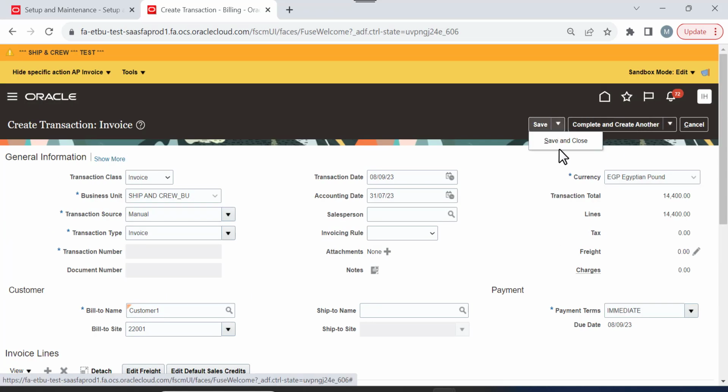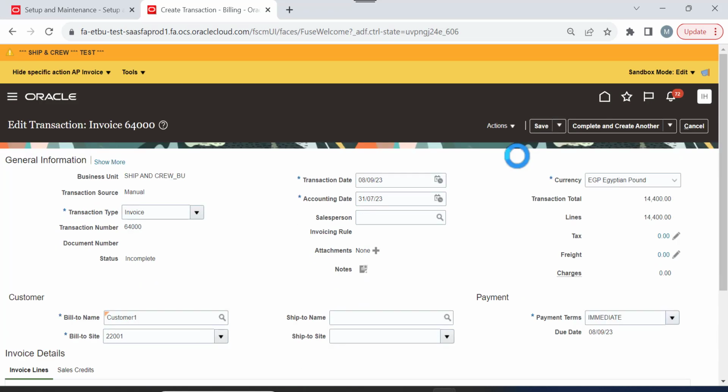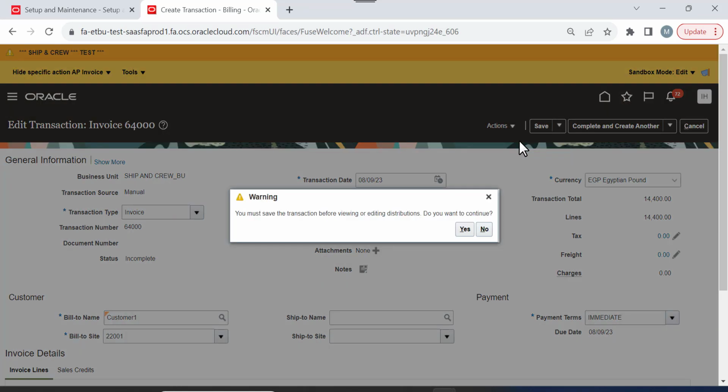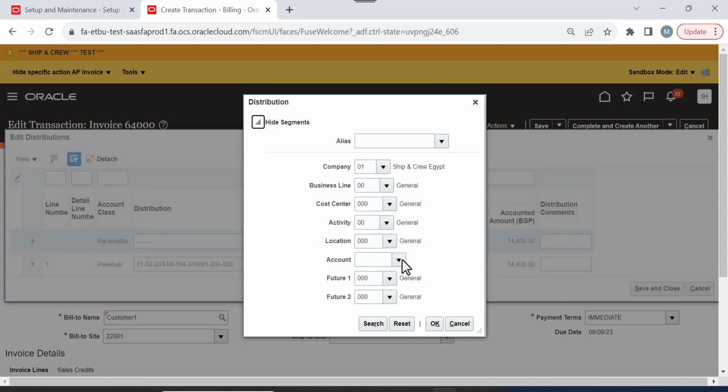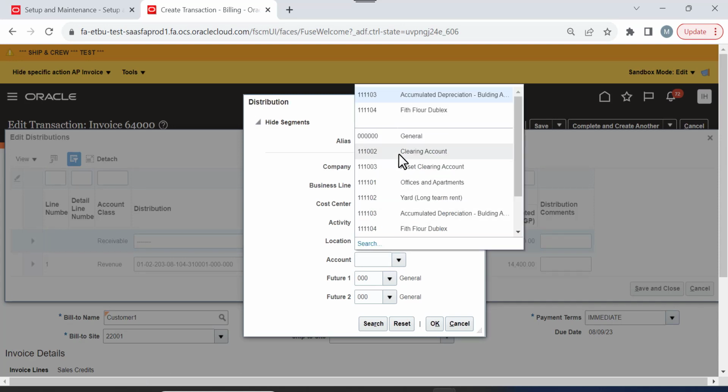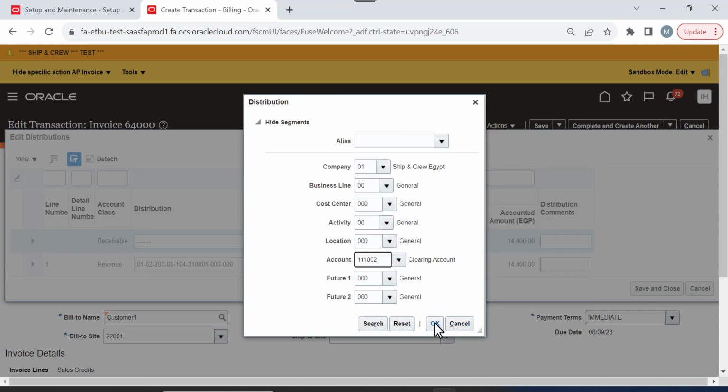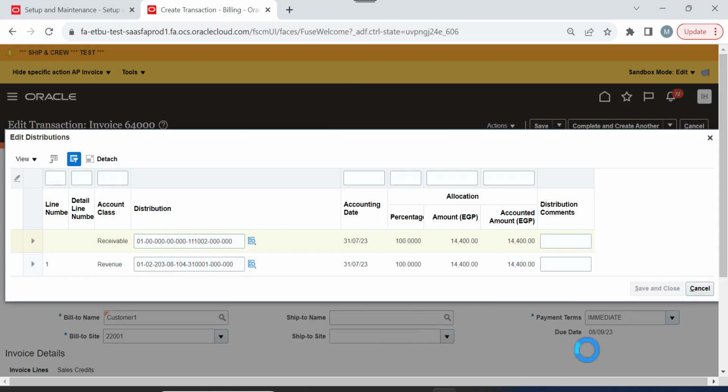Let me go to save and go to distributions. Action, edit distributions. Yes. Enter the receivable account. Here you can enter. Okay, save and close,